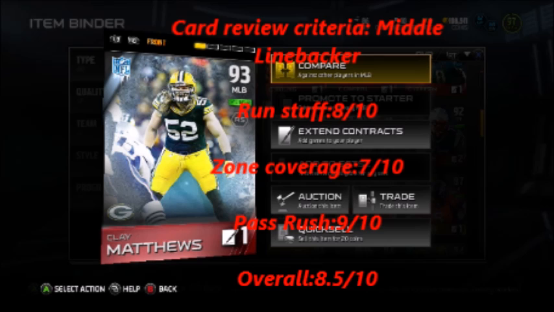Let's go check out his card review and see if the rating scale agrees. His criteria is he had run stuff 8 out of 10, zone coverage 7 out of 10, pass rush 9 out of 10. I'd say run stuff, he's a